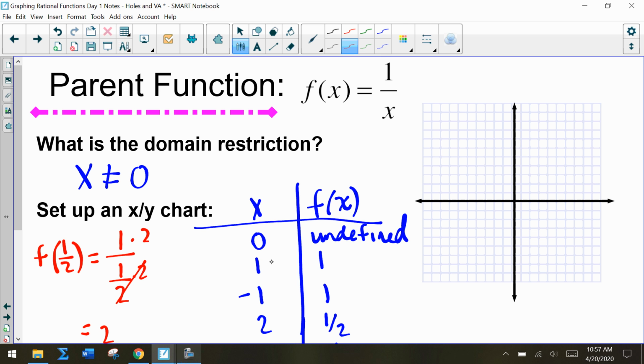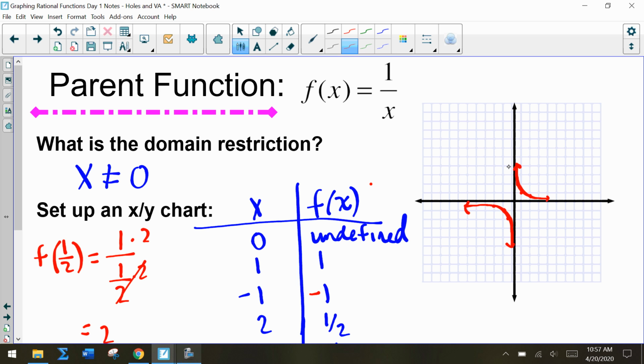So we have points 1, 1. We have points -1, -1, excuse me, I miswrote there. And then at 2, 1/2. And then at 1/2, we're going up to 2. So at -2, we have 1/2, and at -1/2, we have -2. So we have this shape of a graph,